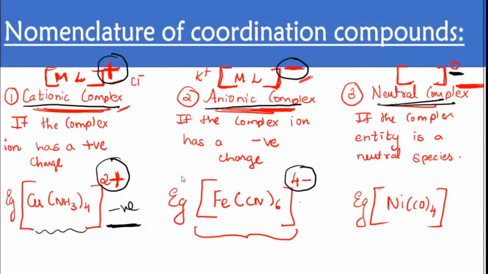Because I told you, according to IUPAC, we are going so. Always you will find that the positive ion is written first, if it's a negative coordination entity. And then the last one is neutral, so you don't find anything outside. Like this, you can see here Ni(CO)4, enclosed in the bracket, and you don't find any ions present outside. That means they don't require any, because they are neutral. So those are the different categories of complexes you will come across, and you have to name accordingly.